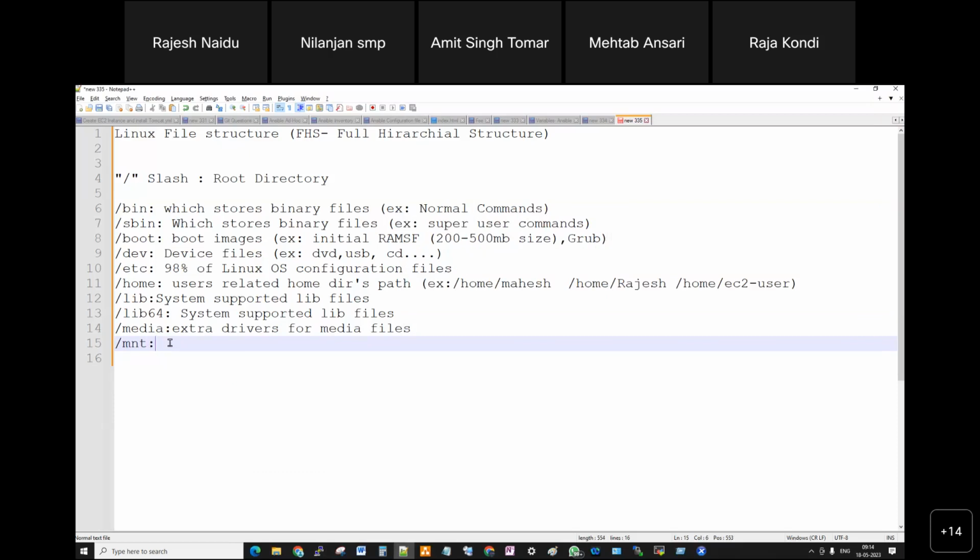That is called the mount point drive. When we insert it, only then it will work. When you remove it, it will not work. These are extra drives for removable devices.